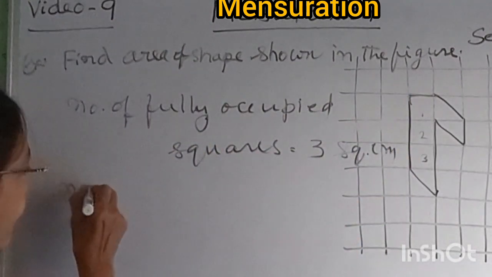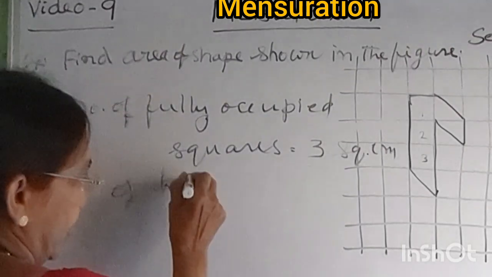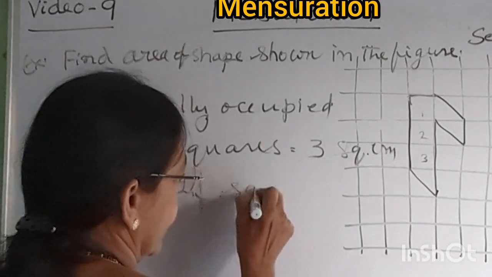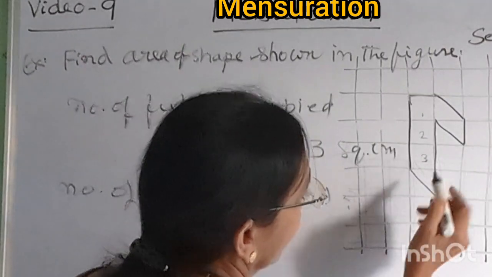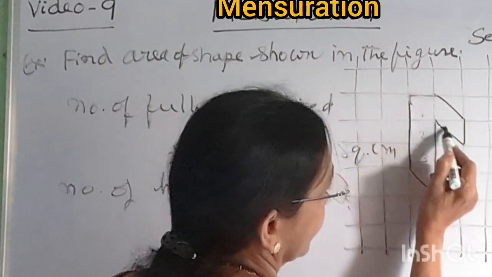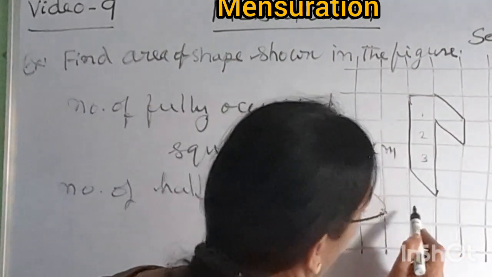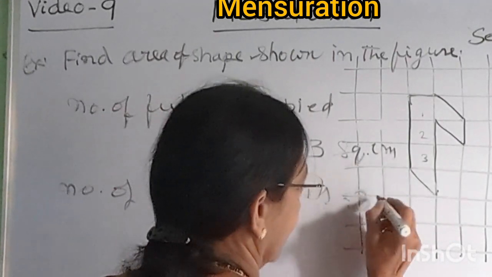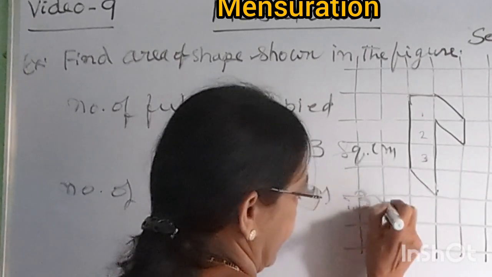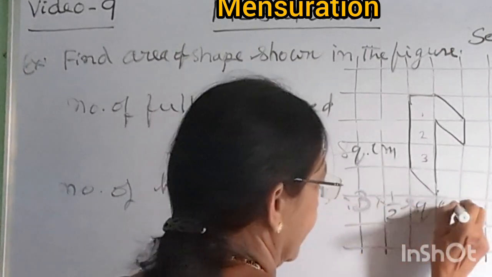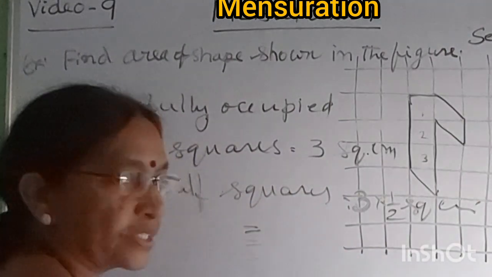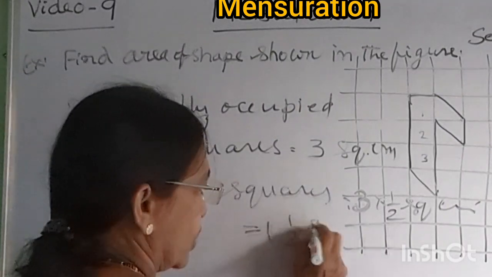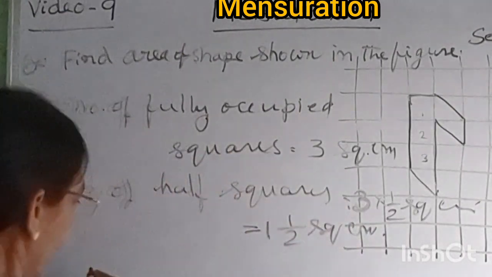Next, the number of half squares. Number of half squares is equal to, this is 1 half, this is 1 half, 2, and this is 1 half. 3 half squares were there. 3 half square centimeters is equal to 1.5 square centimeters. Therefore, total area